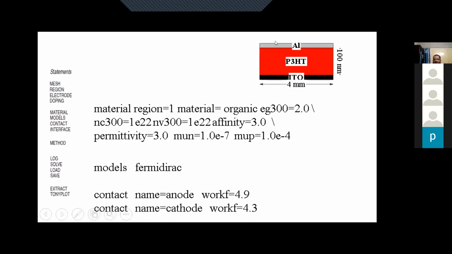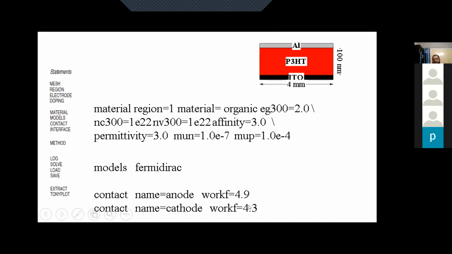So this will give the boundary condition to solve the differential equations. And what condition will be taken here? By default, it is the Schottky barrier condition. Since we have defined the work function, it will consider it to be a Schottky contact with a thermionic kind of emission for carrier conduction.